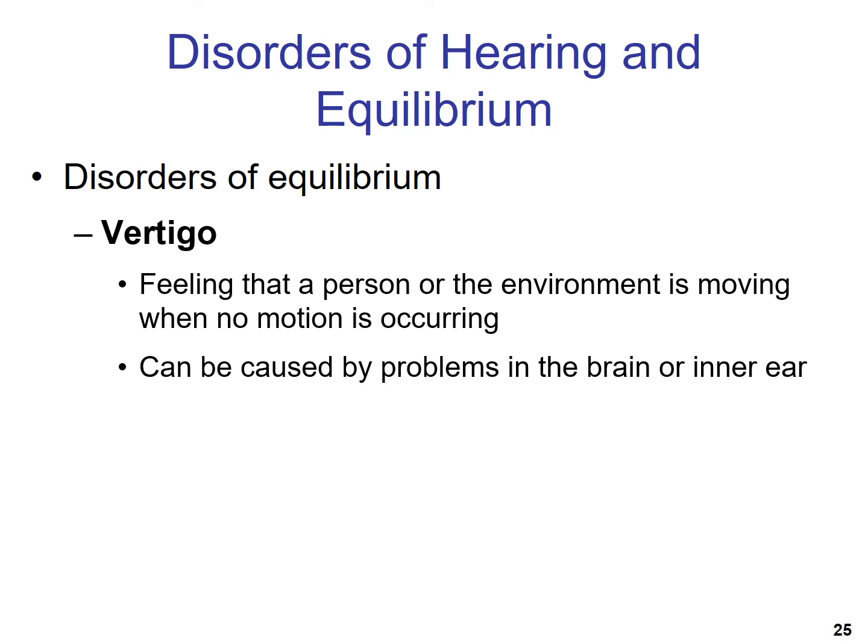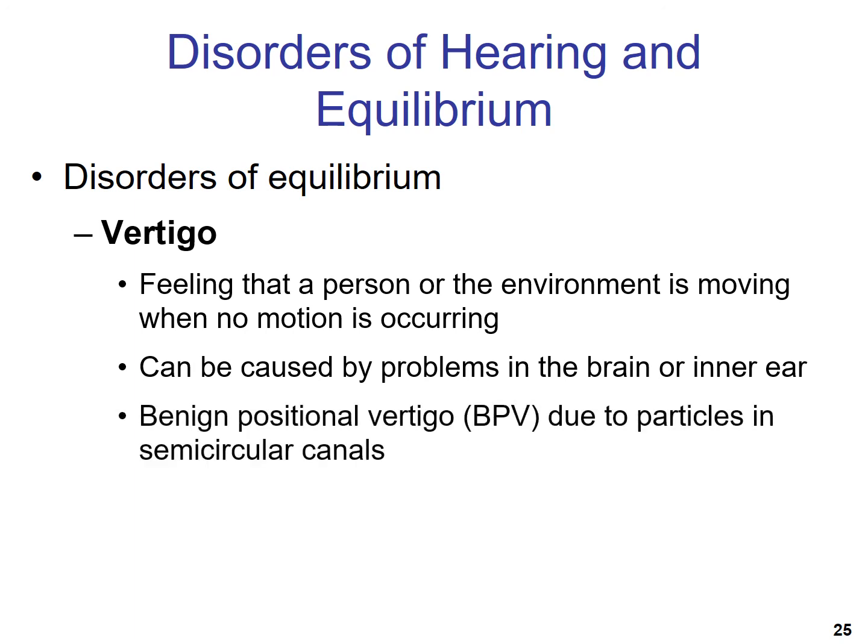in the brain. And the way that vertigo usually resolves is that your brain learns to reinterpret the altered data coming in from the inner ear. So with some damage to the vestibular nerve, what was happening was the signals that were coming in along that nerve were kind of altered. And so my brain had to relearn how to interpret signals coming in, and that eventually canceled it out. There's something that can be called benign positional vertigo that's due to particles in the semicircular canals, and so that can alter the way that the fluid flows, and that can alter your